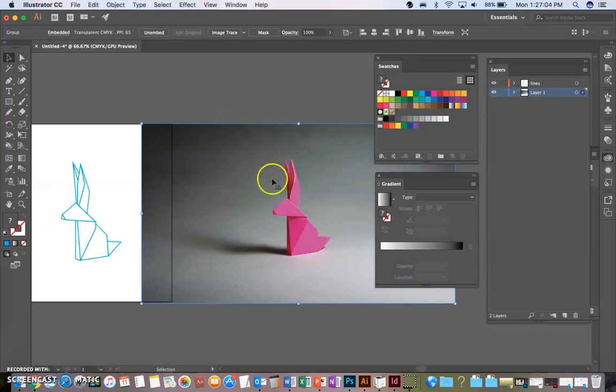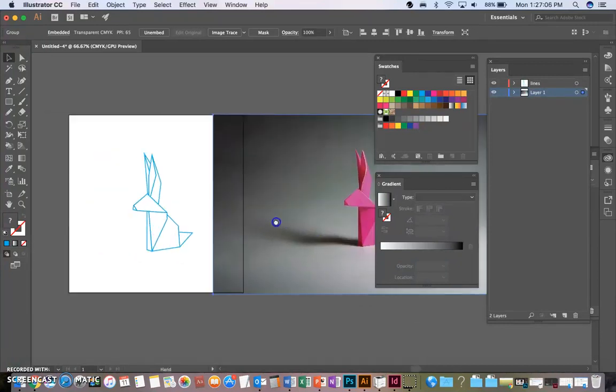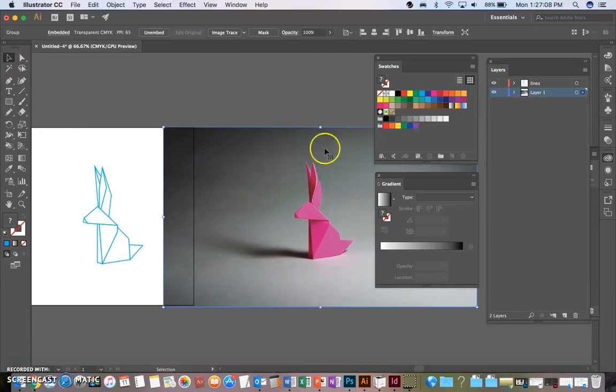Now, I'm going to give you a little tip here. This image is really big, and I don't want to have to be so far zoomed out, so I'm actually going to put a clipping mask on this rabbit, essentially cropping the image, okay? So going over to your shape tool and making sure I'm on that rabbit layer, I'm going to drag out a box around the rabbit,